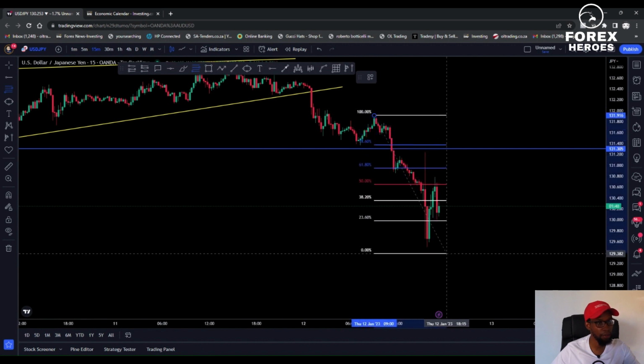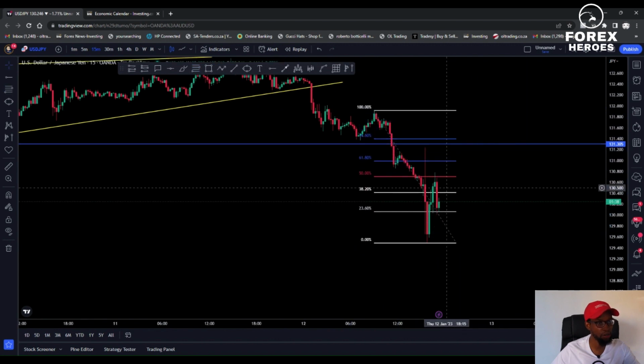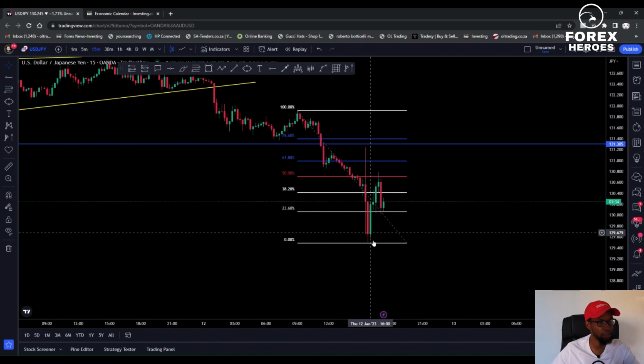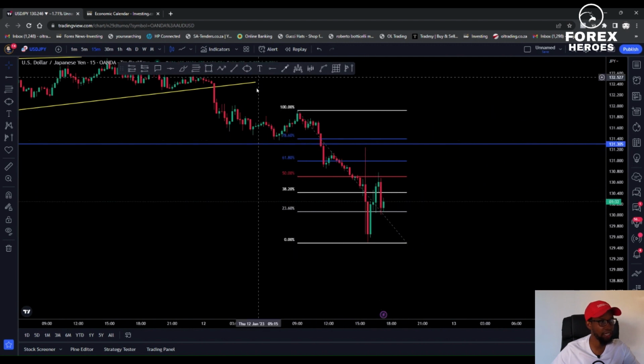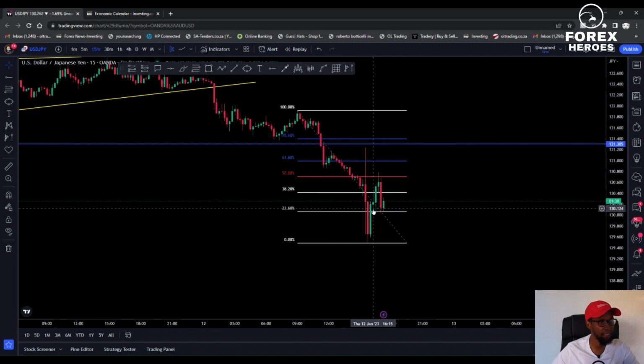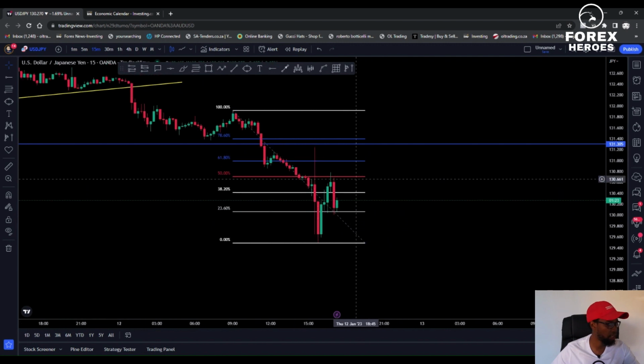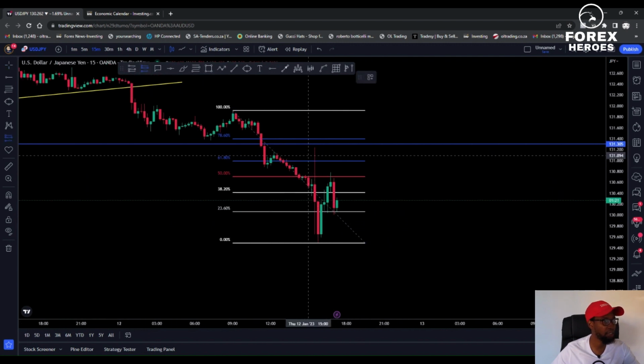I didn't use this fib, but I want to show you how it could have showed you the move. You can see coming from this swing high, coming to this swing low, you could see that the market pushed and then came here to retest. You understand? So that's how we managed to capitalize on this. We had our entry here,